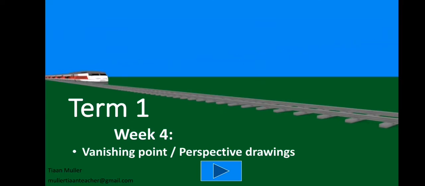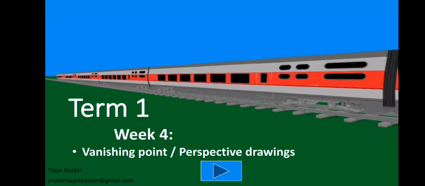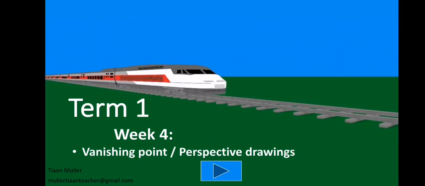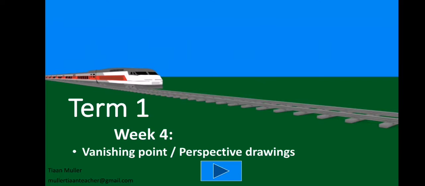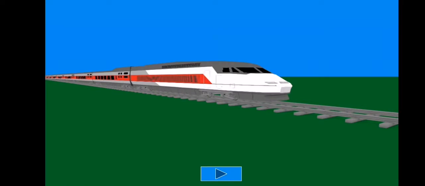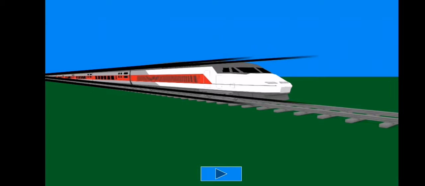It looks as if the train is very small and it becomes bigger as it comes closer to you. Now my question is, is the train ever growing in size, or is it just the way we see the train? The answer is, it is the way we see the train. If we should draw a line from where the train is coming to where the train is going, you would see that the lines start very small and close to each other, and they grow as the train comes closer